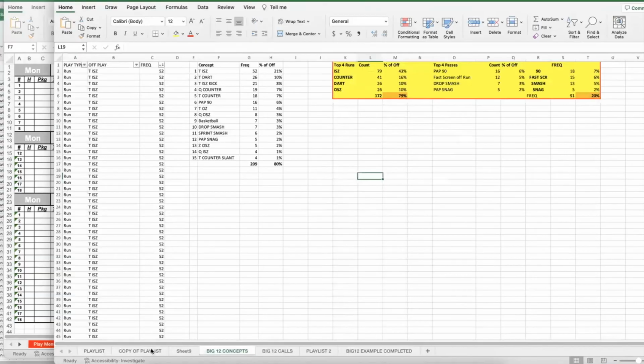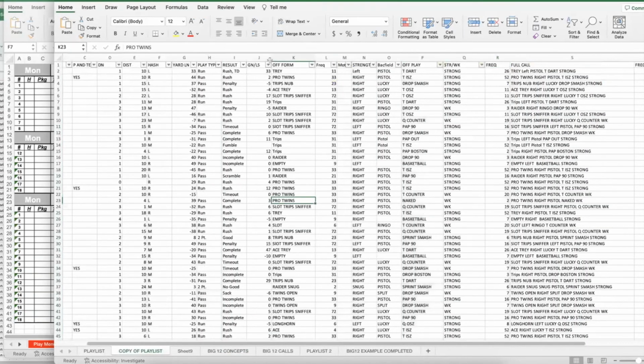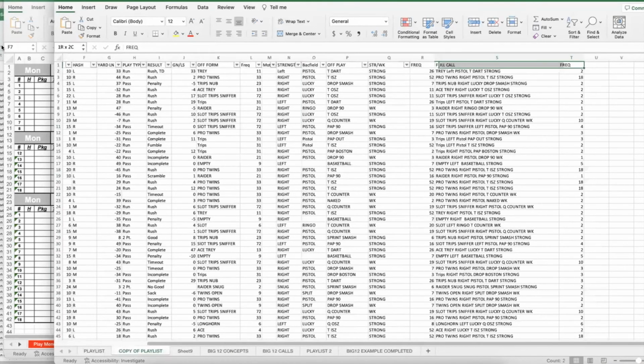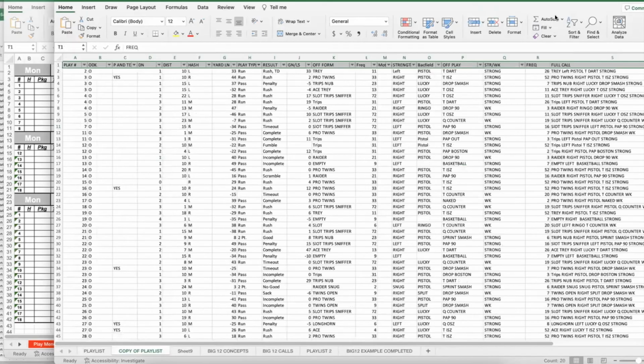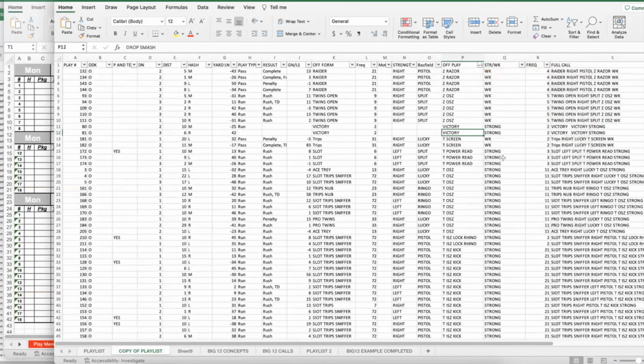Now, I'm going to show you one other thing about this filter and sort that's pretty cool. Since we've got our filter set up, and I'm going to get all these columns in here, get everything filtered. All right. Now, let's say I want to see, this is something I do every week. I'm going to click their plays descending. So it groups all their plays together.